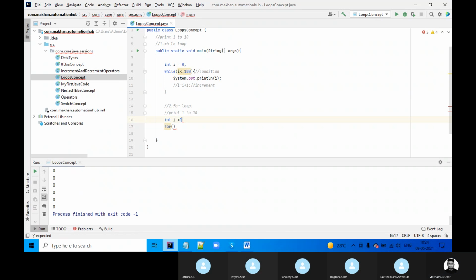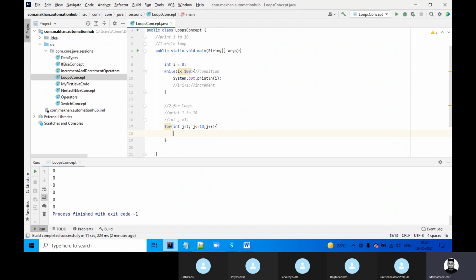Let me write the syntax. int j equal to 1, then j is less than or equal to 10, then j plus plus. So I am incrementing, and my for loop starts from here.